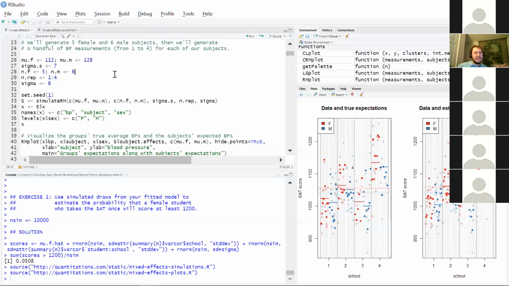I mean, maybe it's not exactly normal, but in reality, things tend to be normal in biological systems. So I actually think there are various advantages that people list, but I think just the idea of building a reasonable assumption into your procedure and making use of something accurate, rather than just saying, I don't know anything about female expected blood pressures. Every female has their own expected blood pressure, and I make no assumption about what the distribution is. That's just